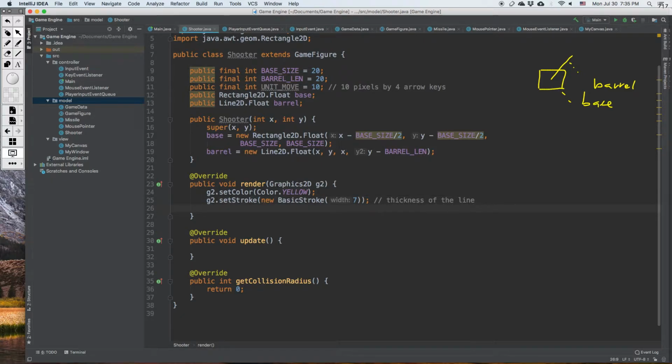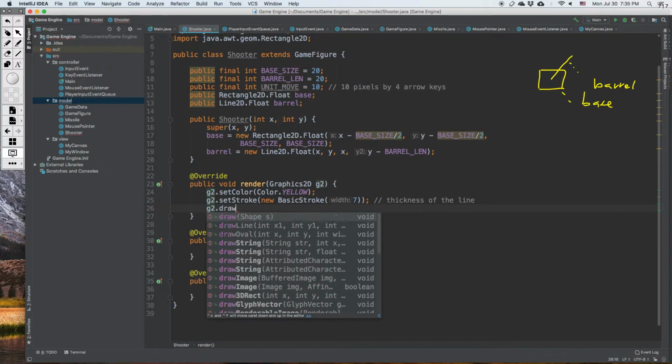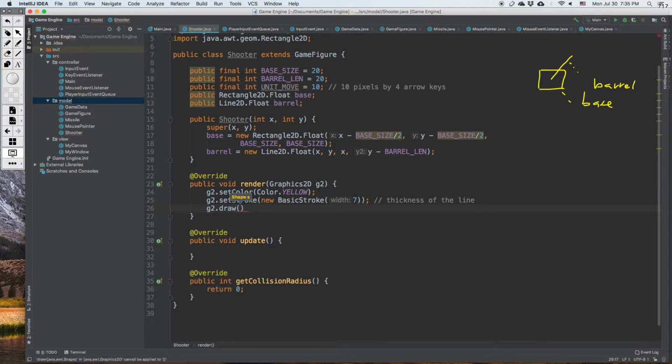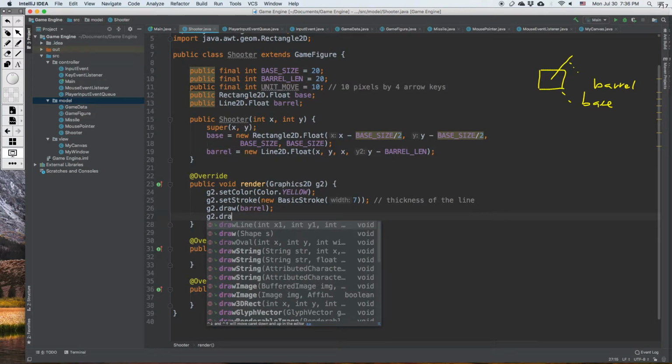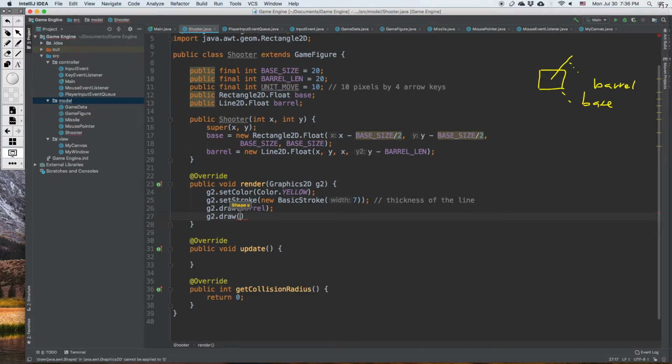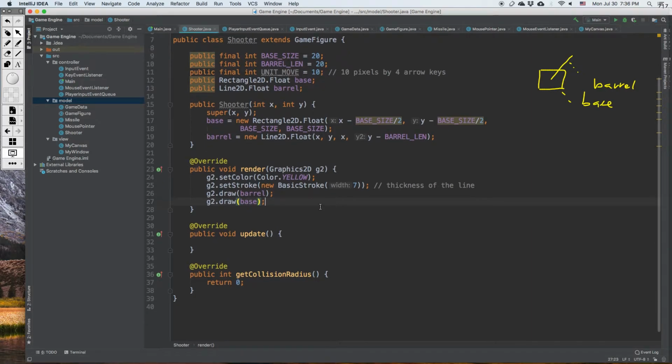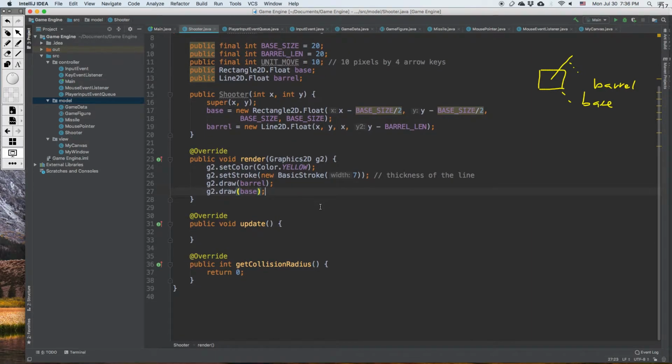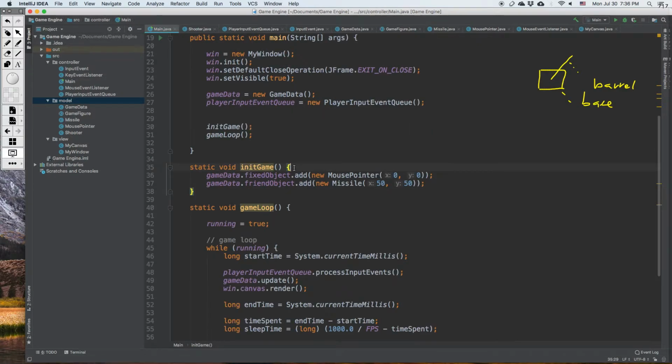So we do that one, and then the draw method for the barrel. G2 has a draw method, for a rectangle or line you can simply give the object to the draw method, and then they are drawn. Now update is a little bit complicated, so let's go back to the main routine,